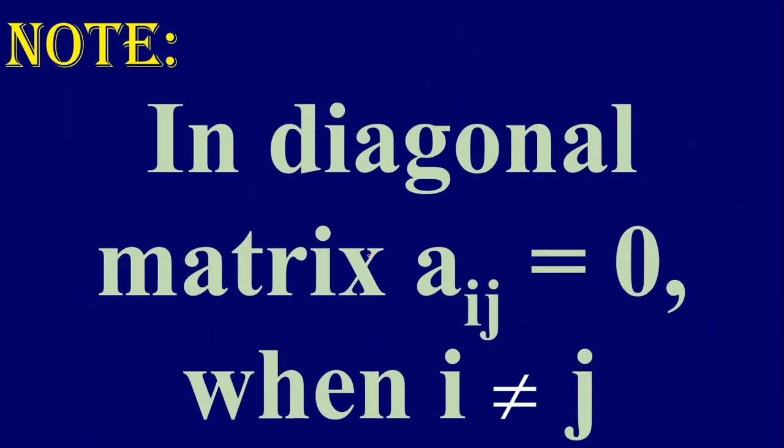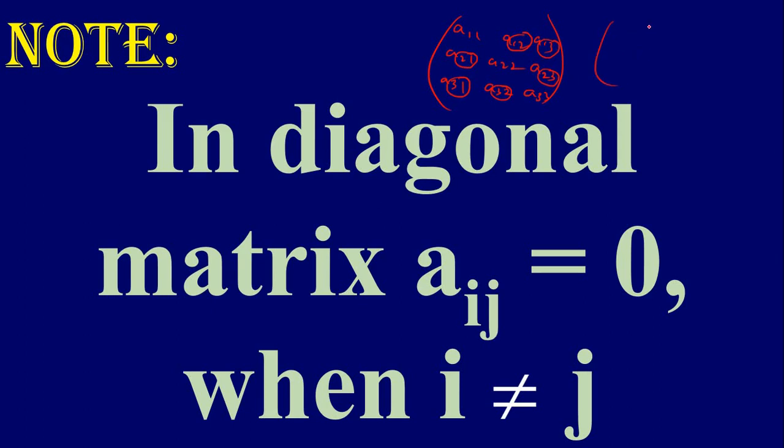So next one, note. So in diagonal matrix, Aij equal to 0 when i is not equal to j. So consider a diagonal matrix. We have A11, A12, A13 and A21, A22, A23 and we have A31, A32, A33. Now here Aij is 0 when i is not equal to j. So consider these numbers A12. Now here i and j are not equal. A13, i and j are not equal. And here A21, i and j are not equal. A23, i and j are not equal. A31, here i and j are not equal and all these elements are zeros.